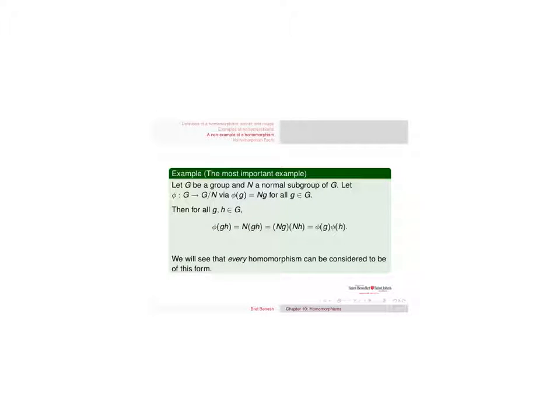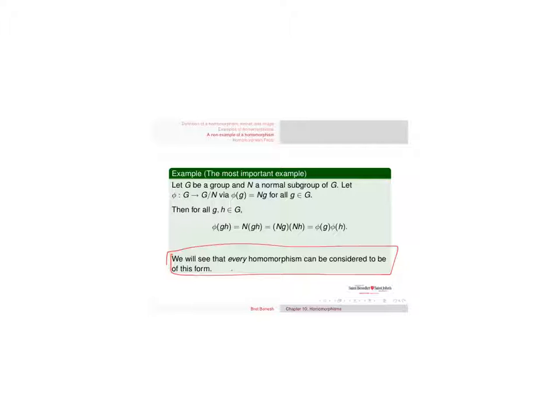Not a homomorphism. So here's a really important example. Probably the most important example. If you have a group G and a normal subgroup H, I'm going to map g to its coset gH, since this is quotient group multiplication, we can split this up. So in fact, every homomorphism can be considered to be of this form. So in other words, all you really need to know are quotient groups if you want to know